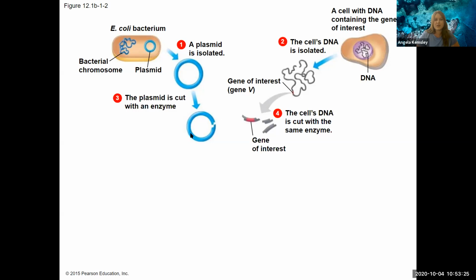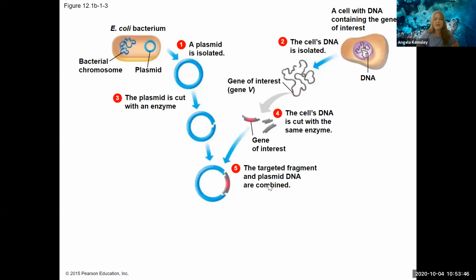opening up the circle. Now for step 4, let's go back to this other cell. We just isolated the DNA in this cell. So now this cell's DNA is cut with the same enzyme that we used to cut the plasmid. But notice in this cell, it's going to end up with many different fragments since we're looking at a different type of